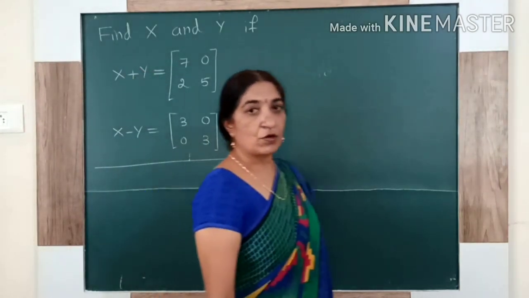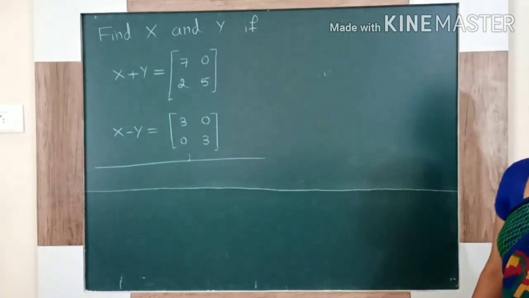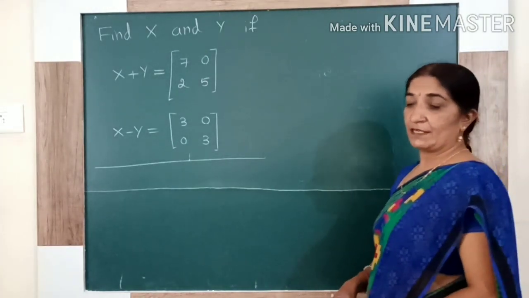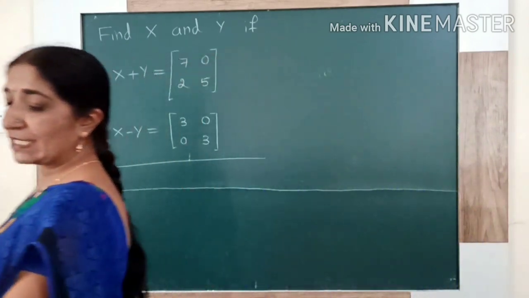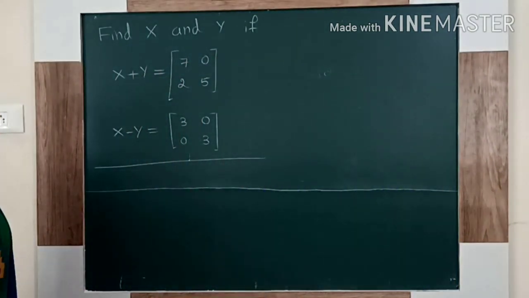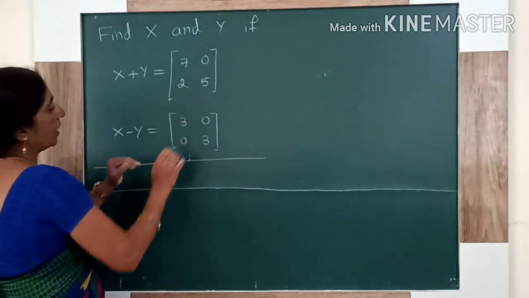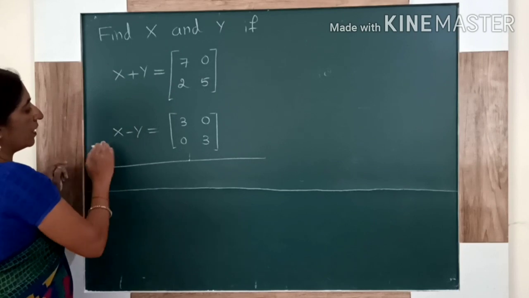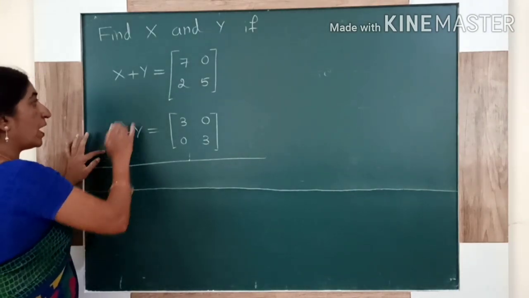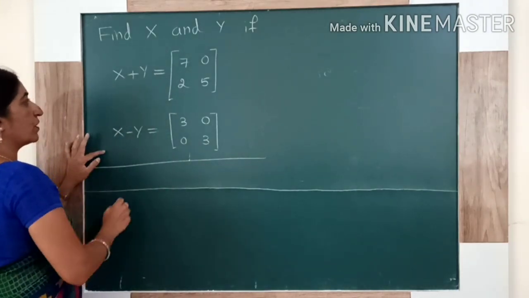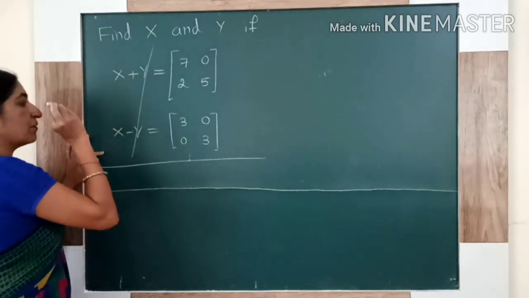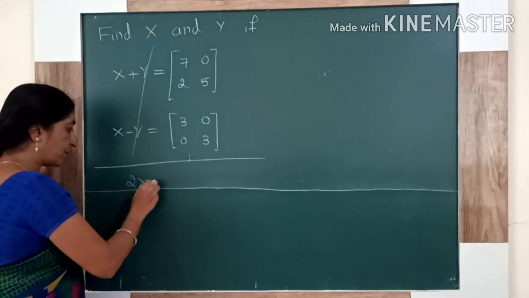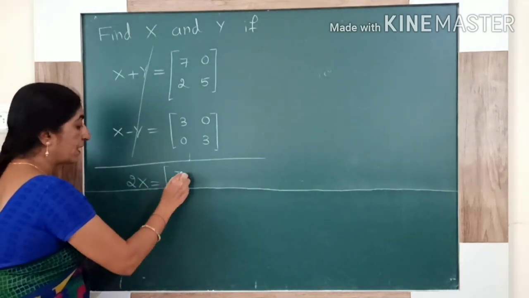See, if I am not wrong, in one of the previous classes I explained this type of example. I know you are familiar. So if we are solving, it is just like simultaneous equations. That's why at the start I wrote it in the form of simultaneous equations. It is x plus y and it is x minus y. When you are adding these two simultaneous equations, plus y minus y get cancelled. What is x plus x then? 2x. We are adding these two matrices